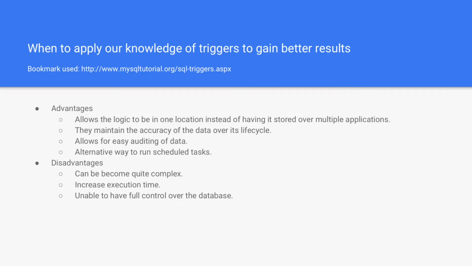There are both advantages and disadvantages to using triggers. On the advantages side, it allows the logic to be stored in one location instead of it being stored over multiple applications. Over the lifecycle of a program, it continues to maintain the accuracy of the data. It allows for easy editing of said data. However, it can also be quite complex, it can increase runtime, and it also is unable to have full control